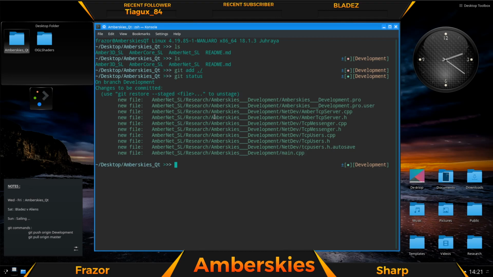Right, so I've got all of these new files that I've just added. Development, Amberskies, in research for AmberNet SL. Fantastic. So that's how I can add items to the Git. Now, if I type in git commit,